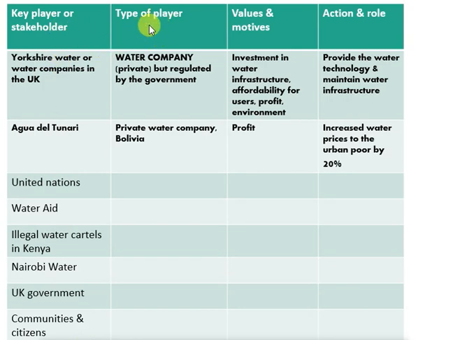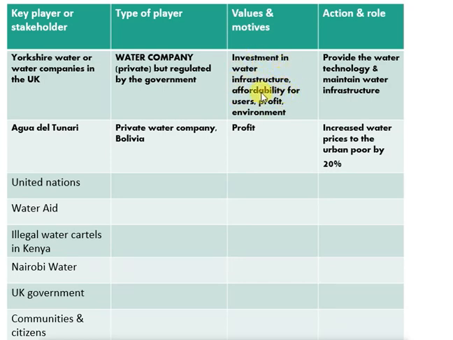Type of player. So for instance, Yorkshire Water or UK based water companies, what are they? Well, they're a private water company but they're regulated by the government, so they can't just do what they want. Values and motives. Well, it's a bit of a mix, this one, for UK based water companies. Because they're regulated by the government, they've got to invest a percentage of their income in water infrastructure, in fixing leaks,